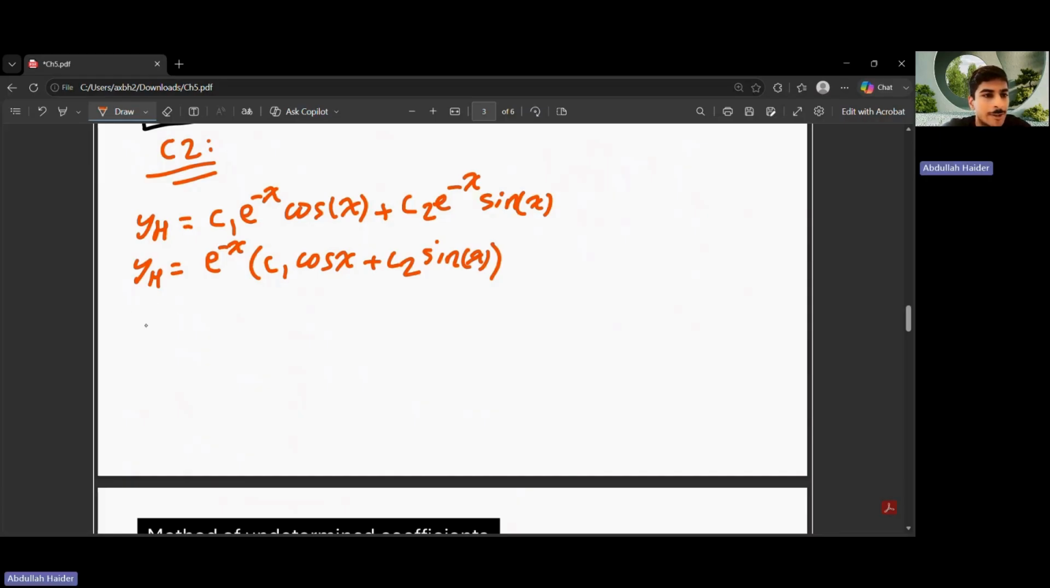So when I take the derivative, y prime will be the product rule. So the product rule is u prime v plus u v prime. So the derivative of e power negative x is equal to,